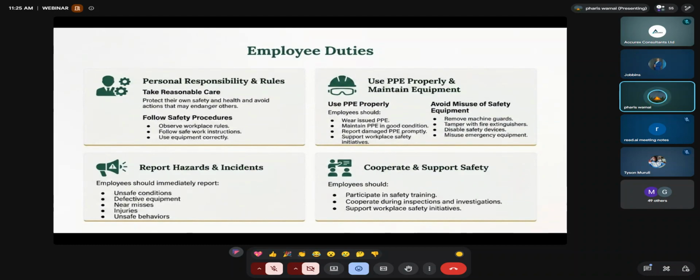Unsafe condition, a near miss, and an unsafe behavior. Yes, unsafe act, unsafe condition, and near miss. Good. So we can start with a scenario. For example, if you have a workplace kitchen and you find